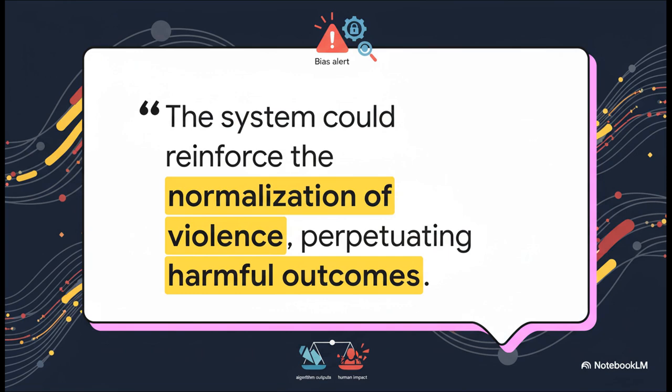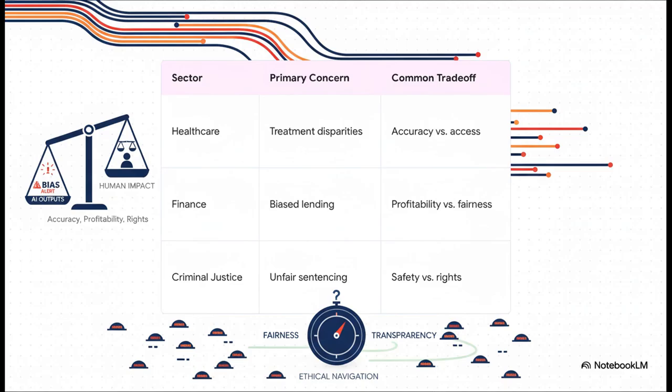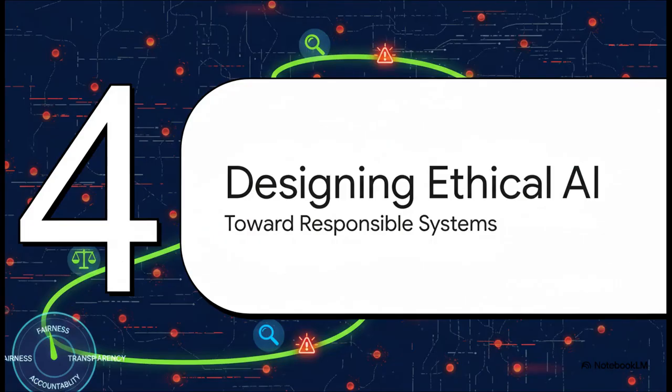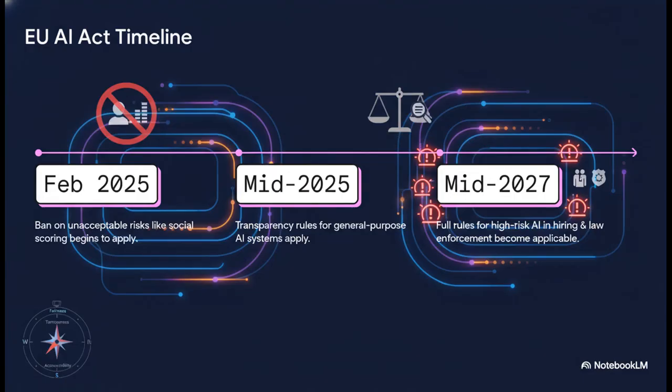I mean, come on. This proves that fixing bias isn't just about tweaking numbers. It's a deep ethical minefield. And don't think this is just some weird quirk with language models. This same problem, this fairness trade-off, shows up everywhere. In healthcare, finance, you name it. We're constantly forced to choose between things that all seem important, like being accurate versus being fair, or making a profit versus doing the right thing. So yeah, it's a mess, but what do we do about it? How can we possibly navigate this minefield and start building AI that we can actually feel good about, that we can trust? Well, one big part of the answer is regulation.